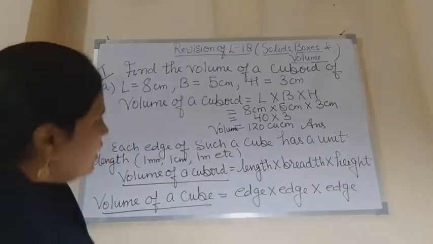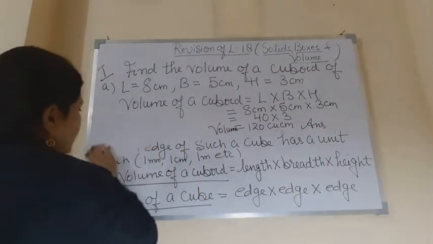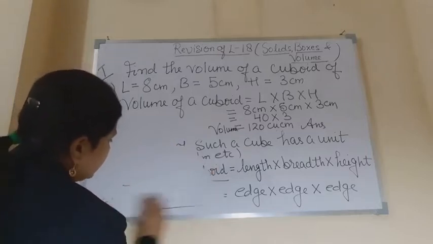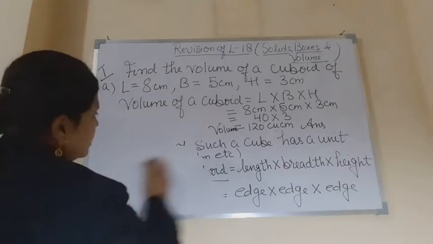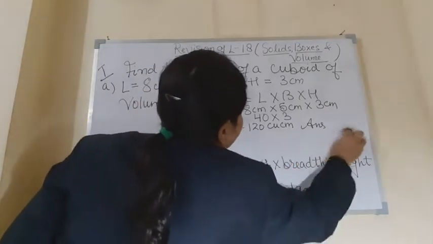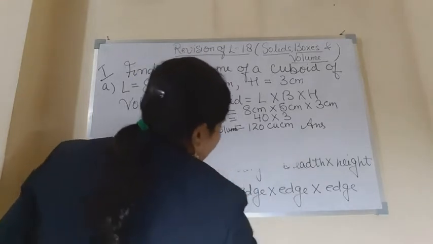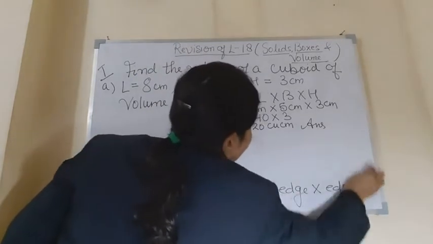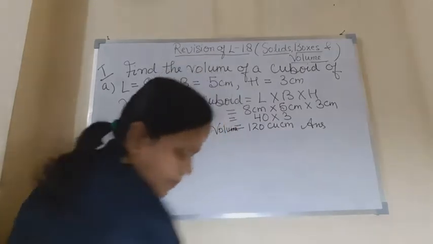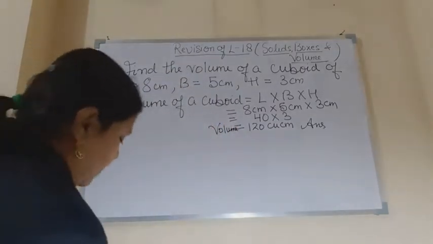Now let's do another question of this type only. So again we will find out the volume of a cuboid, right? And whose length, breadth and height are given. And what are they? Let us see. So in the B part, children,